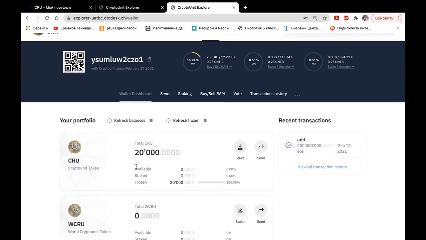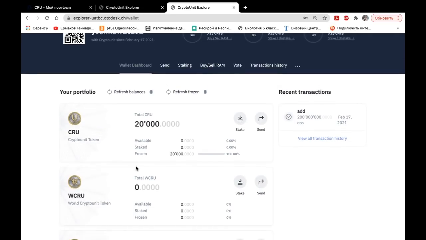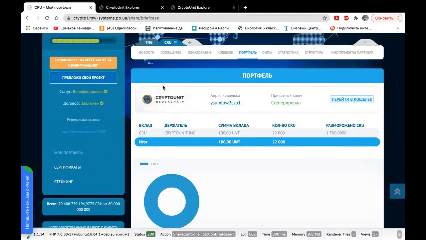Well, here you can see 20,000 CIUs. As I said, these are not all the transactions. They are those that were synchronized at the time of your coming to the back office. And here we do not see unfrozen CIUs. Well, in our portfolio we had